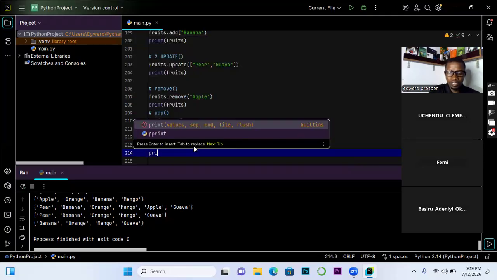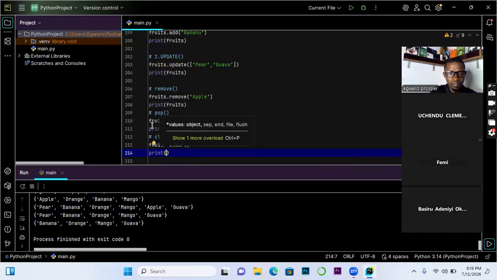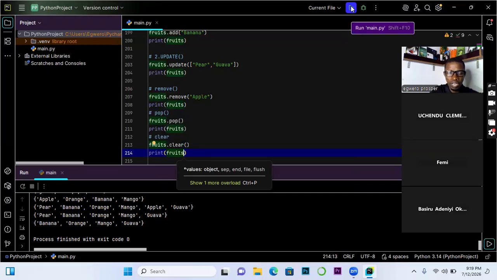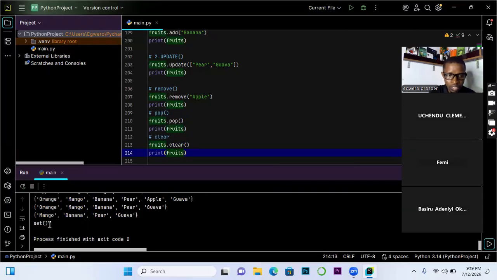Now let's try and print that fruit. It's going to return an empty set, which means you no longer have anything there. So you can see what it says, your set is empty.